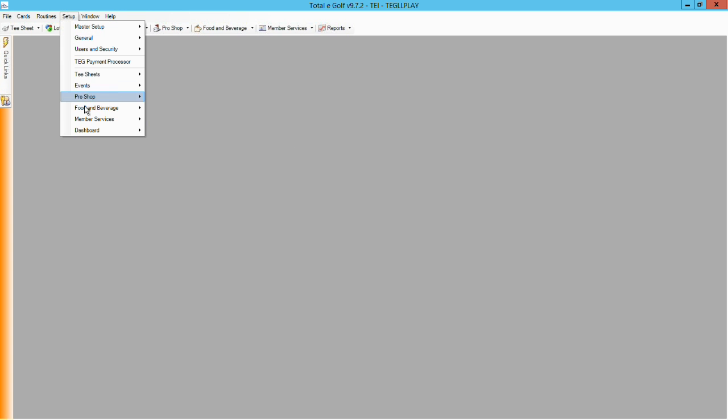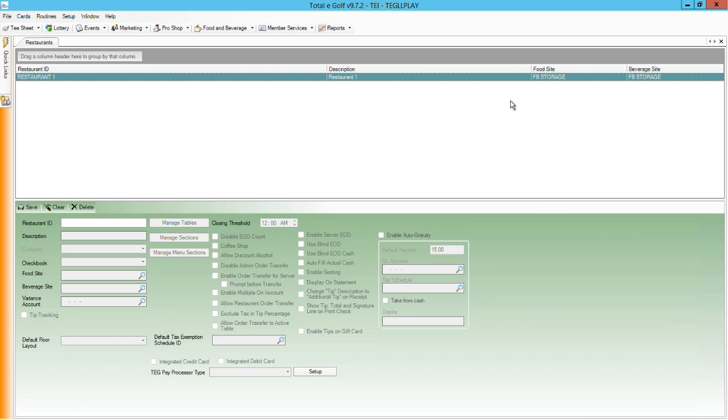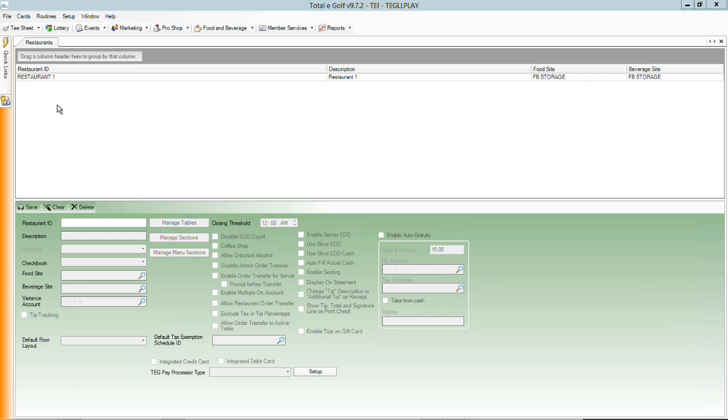So for today, I'm going to start off in the back office, and we're going to go by setting up our restaurants, which, like Logan had mentioned, we did a lot of stock layouts, so there's not much work to do here, but it's more explaining what the features do. So what we do is we go to the setup, food and beverage, and restaurants. So notice here we've got the one restaurant, and everybody should have one that says Restaurant 1. Again, most places I'm assuming are not running multiple different food and beverage outlets. So this Restaurant 1 gets by, but again, after today, you should be able to go in, and if you did need to create another restaurant, by all means you can. So we'll open it up,